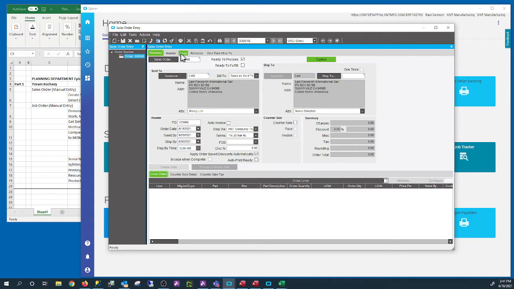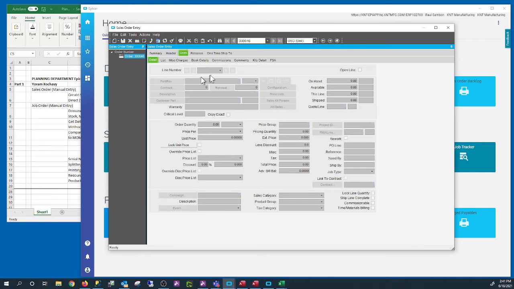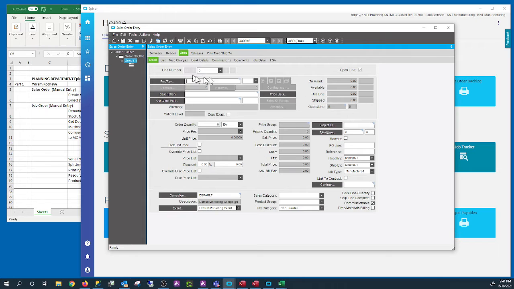And now we want to create a line. So now we have the header created, and now we want to create the line. The lines are the specific parts that the customer bought. So we'll cover the part, the quantity, and the price. So let's do new again. So we are now on the line. If you click, you'll basically get a new line. Same concept. It will get a zero line number until it's saved. Once it's saved, it actually gets the real number.